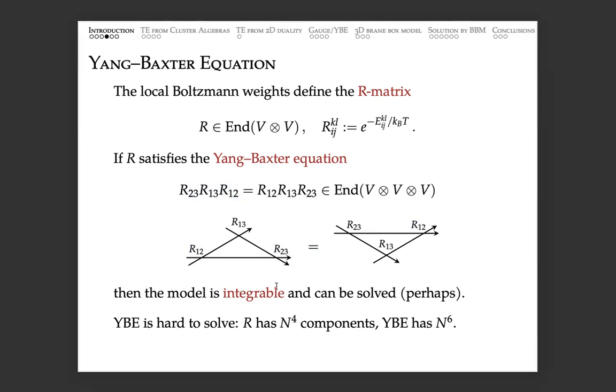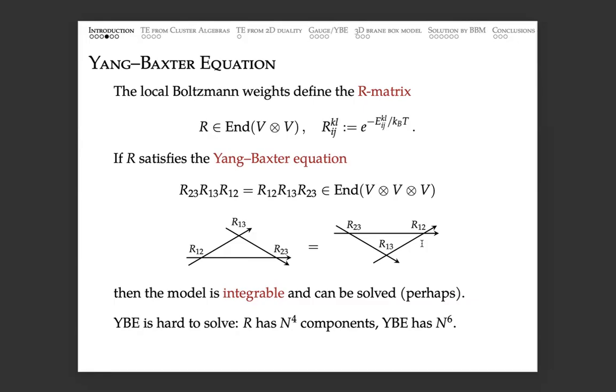Okay, and then what the Yang-Baxter equation says is that if you take the configuration on the left-hand side and take one of the lines, say the line number 2, which goes horizontally, move it upward till the point that this line number 2 crosses the intersection of line number 1 and line number 3. Then you arrive at the configuration on the right-hand side, and the Yang-Baxter equation says physics doesn't change. The partition function is invariant under this move. Okay, so that's the content of the Yang-Baxter equation.